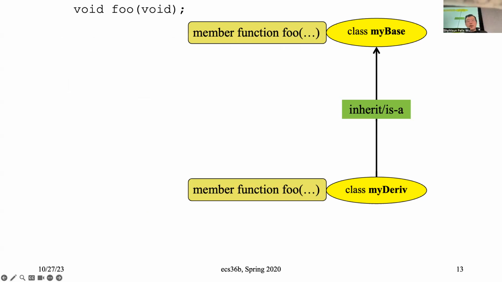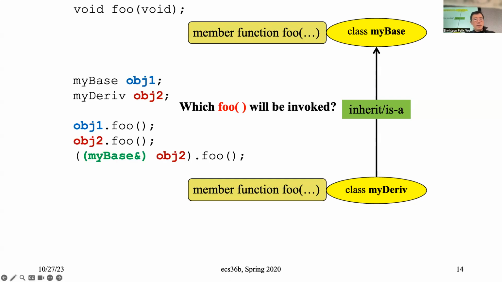So let's take a look at the first example, if I choose to use a non-virtual function, defined just like this. And what happens? Okay, now I'm writing code that looks like this. I hope you understand the notation. I'm using the classes directly, my base or my derive. I create an object called my base, object one, and then I create another object called my derive, object two. So my derive object two is here, my base is here.